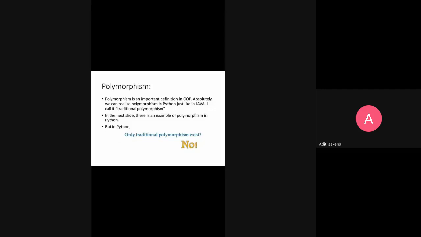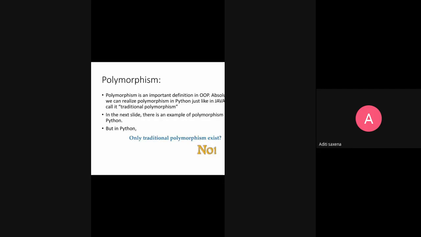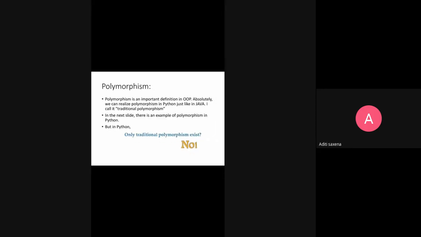Now, polymorphism is also an important topic in OOPS. Absolutely, we can realize polymorphism in Python just like in Java or C++, where we have seen polymorphism. In Python only traditional polymorphism exists. Does anyone know about polymorphism?